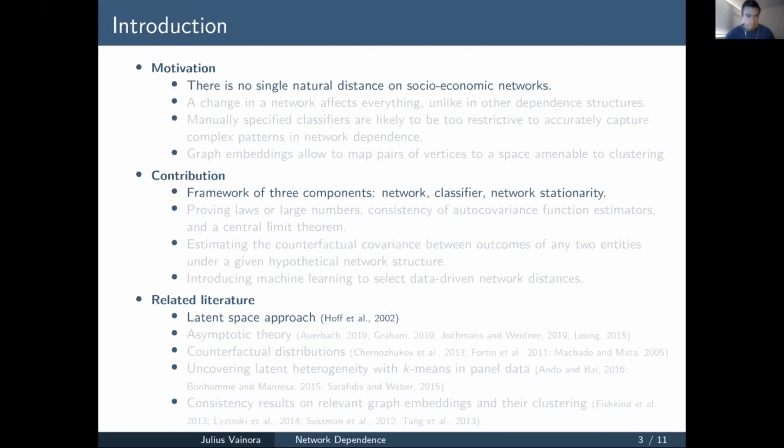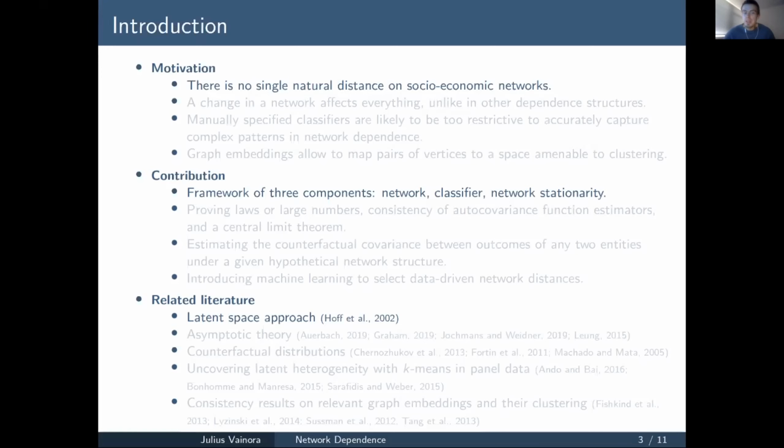At the very beginning, I claimed that there is no single natural distance for socioeconomic networks. And by that, I mean that the shortest distance on the graph is not the single best thing to do, because, for instance, we may have 2 leaders in a network that may be mimicking each other, but actually be very far away in terms of connections. So with this